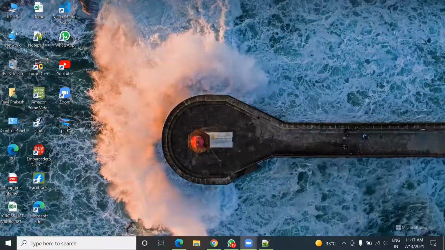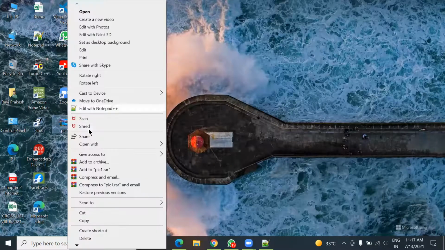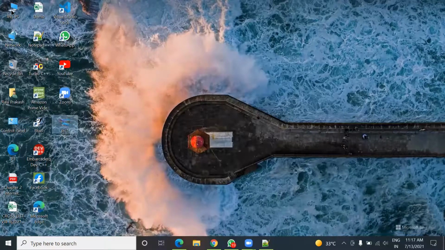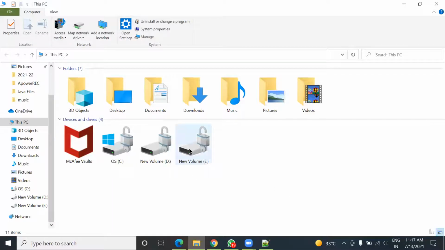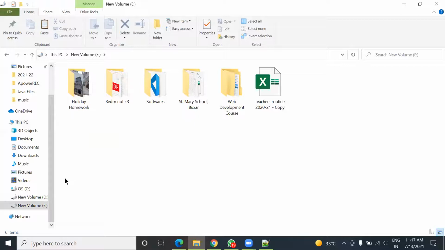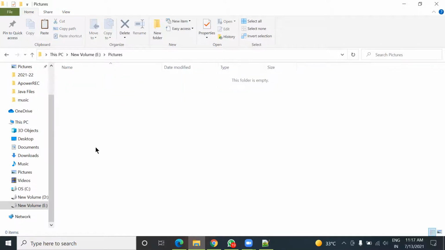So here I am going to cut this picture file from here and move it inside another folder. I'm going to make a new folder with Control Shift N. And here it is.